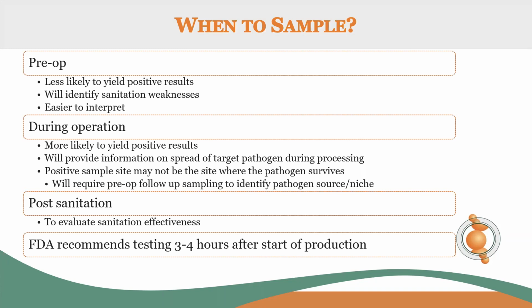A positive sample site may not be the site where the pathogen survives. So it will require pre-op follow-up afterwards to identify that pathogen source or niche. During post-sanitation, this will also help to really evaluate your sanitation effectiveness. And something that is very important to note is that when you are sampling during operation, the FDA does recommend